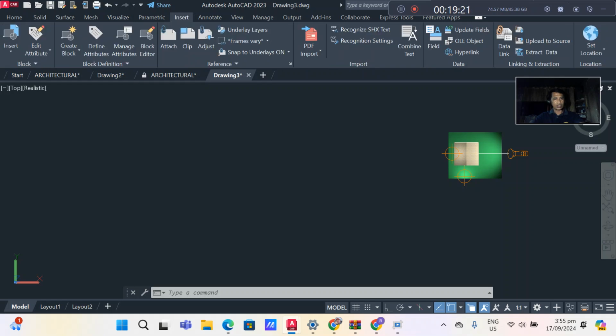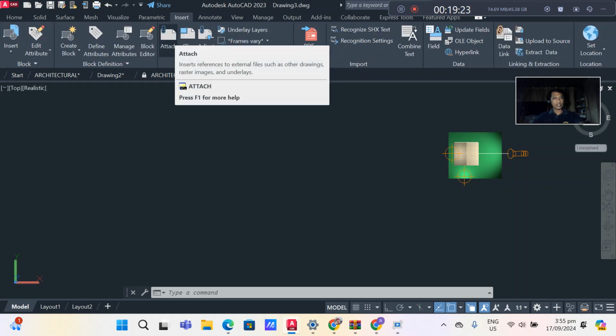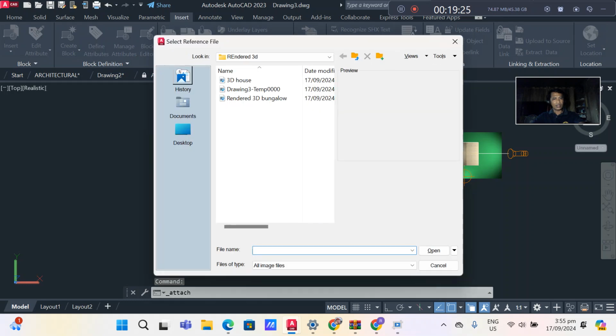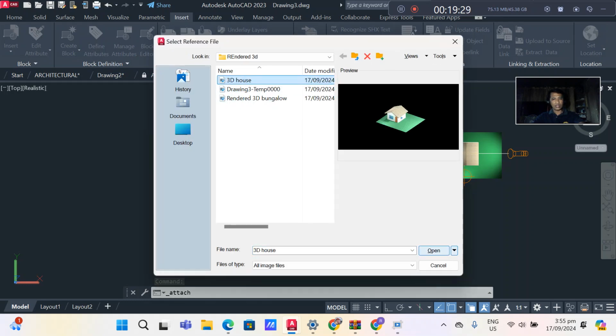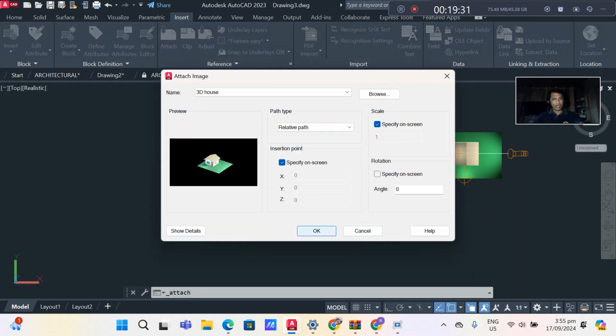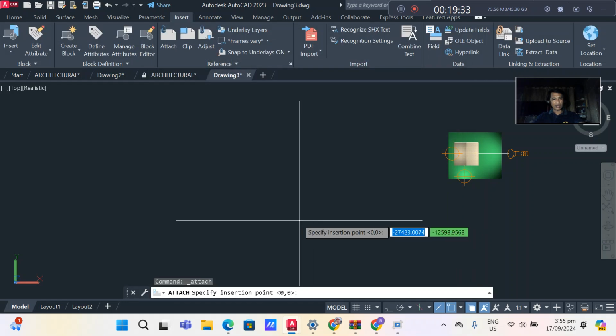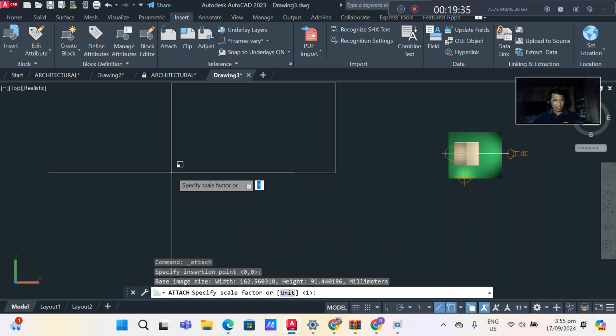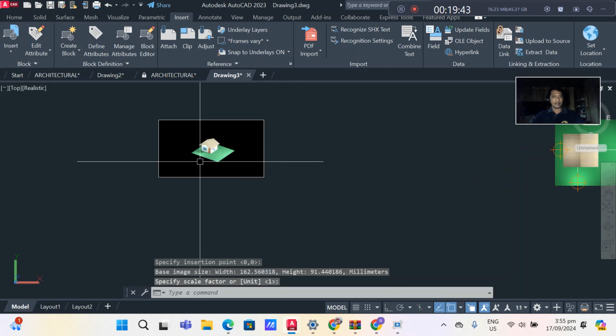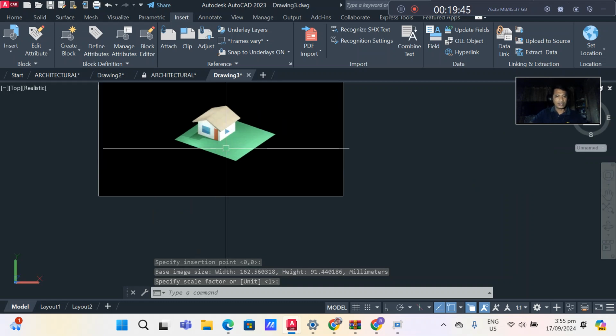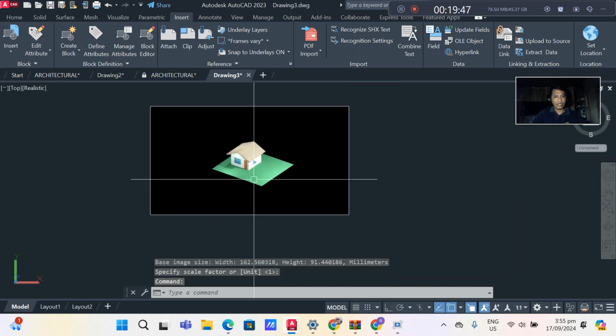So insert, click attach file, then 3D house, the one that we saved, then open, then click OK, and then click here, then do not move the cursor, then click, and this is the file that we already rendered.